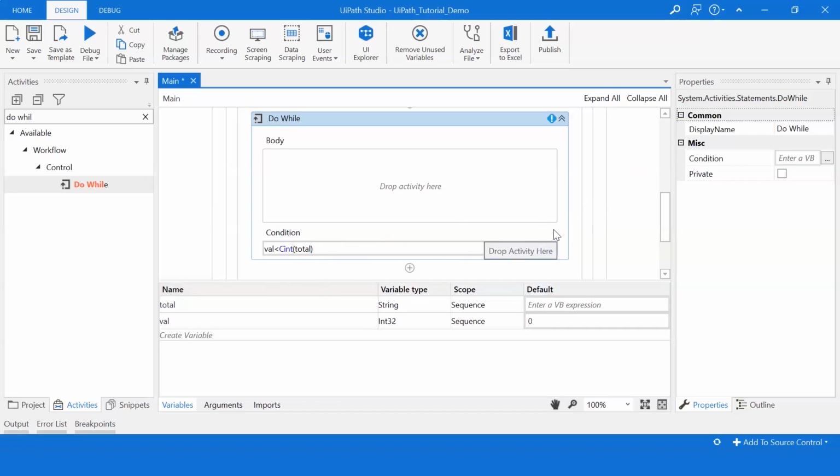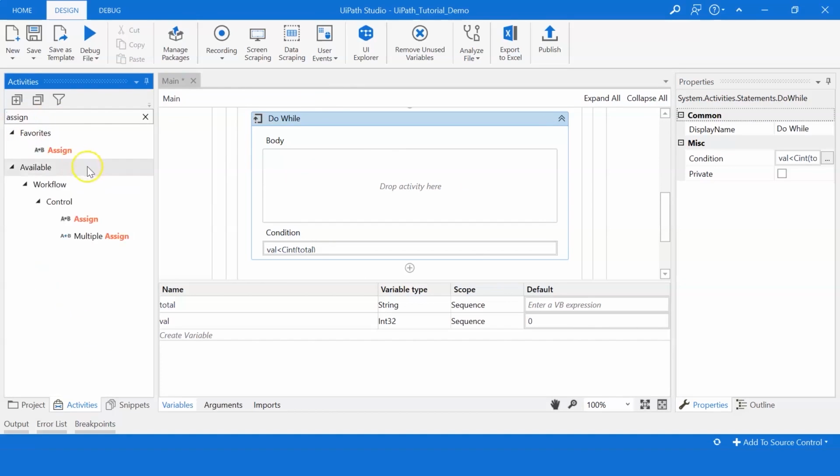The next thing I want to do is, if the value of the val variable is less than total, I'll increment the value of val by 1. So to do that, I'll use an activity called Assign. So I'll check for Assign and I'll drag it onto the body.